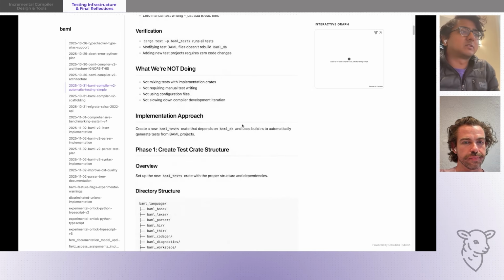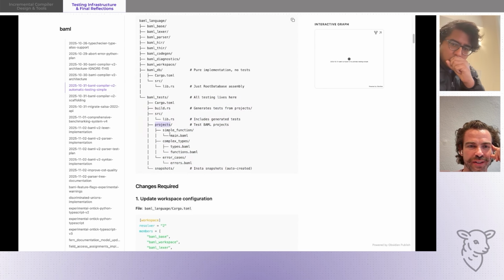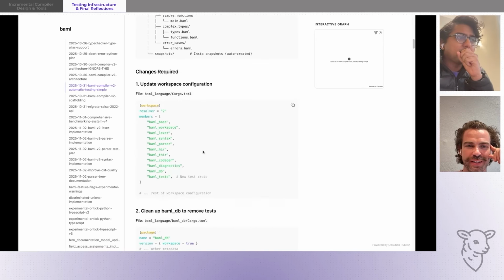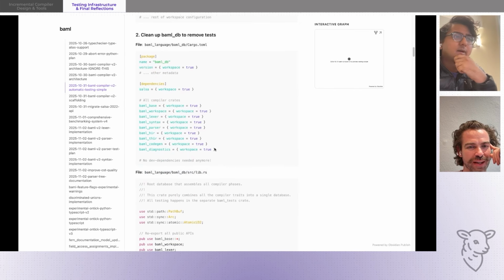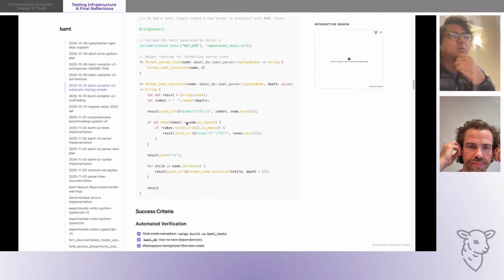And we have a plan just for purely testing, where we described exactly what we want the testing infrastructure to be. We said there's a folder called BAML test. Writing testing infrastructure with code is better than writing workflows by hand. Anything you're going to build is going to benefit from a plan, and actually designing what the whole system is going to look like